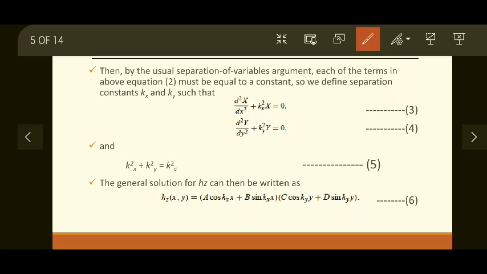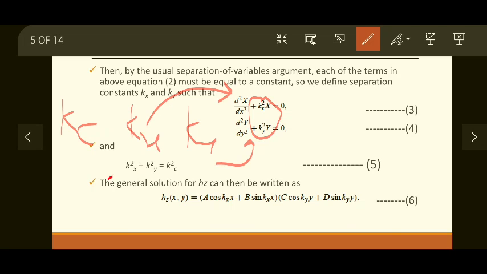So we define a separate constant. That means we divide kc into x and y components, kx and ky, and assign the x component to d2x upon dx square and the y component to d2y upon dy square. So if we combine this kx and ky, we will get kc square, that is kx square plus ky square is equal to kc square. So by combining all these things, we can find the general solution of Hz